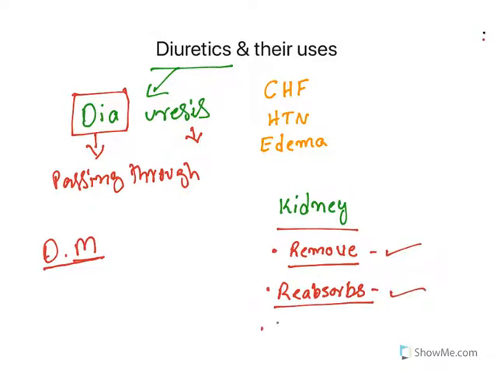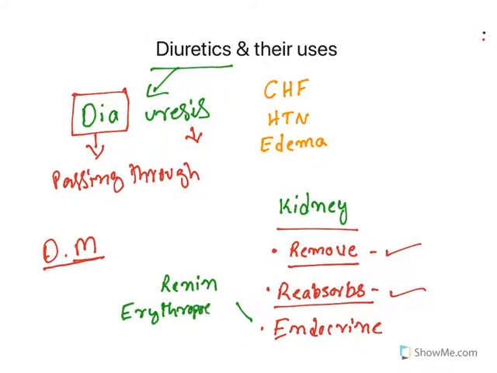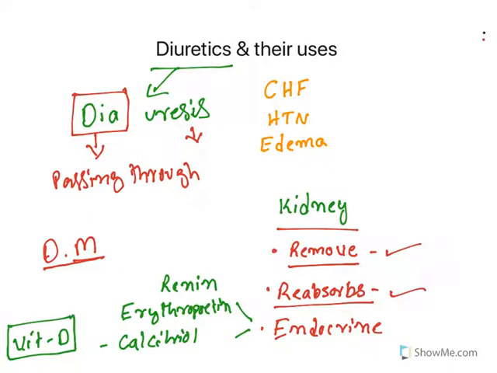Along with that, it has one more, the endocrine function. In that endocrine function, the kidney releases renin. Renin, we have already discussed in the last class. Along with renin, it also releases erythropoietin, which is required for red blood cell formation. The third one is that it also releases calcitriol. Calcitriol is the active form of vitamin D. In fact, vitamin D gets activated with hydroxylations. The final hydroxylation results in the active form, that is calcitriol, and that hydroxylation takes place in the kidney. So this is the significance of the kidney.